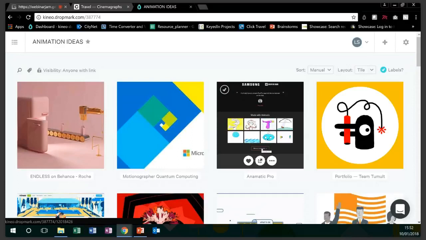And it's a really nice way of sharing internally, we find, between us, but also with clients, and saying, what do you think of this idea or this idea, before you've gone too far down the path of having to design or create something, and sometimes a pencil sketch isn't going to quite get over how it's all going to work. So these are great for sharing those things like movements and saying, what do you think of this if we were doing this style of animation or this style of photography?